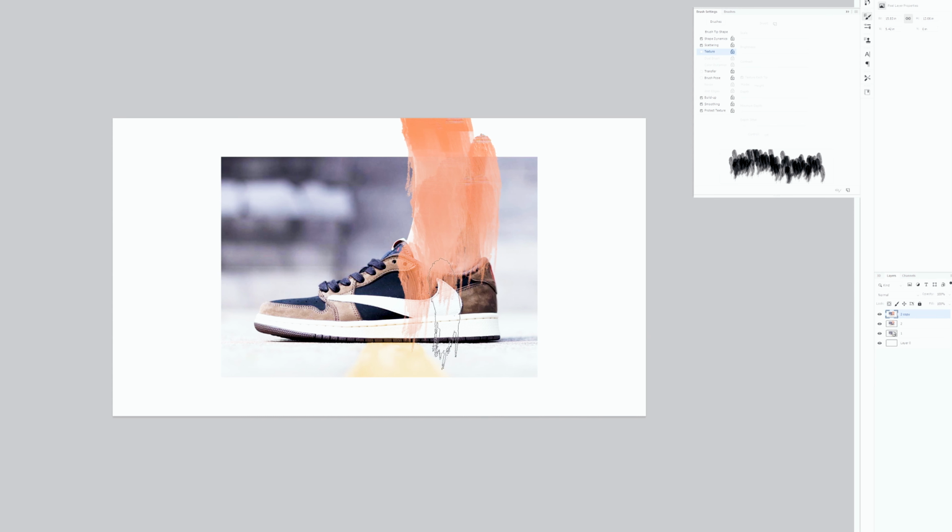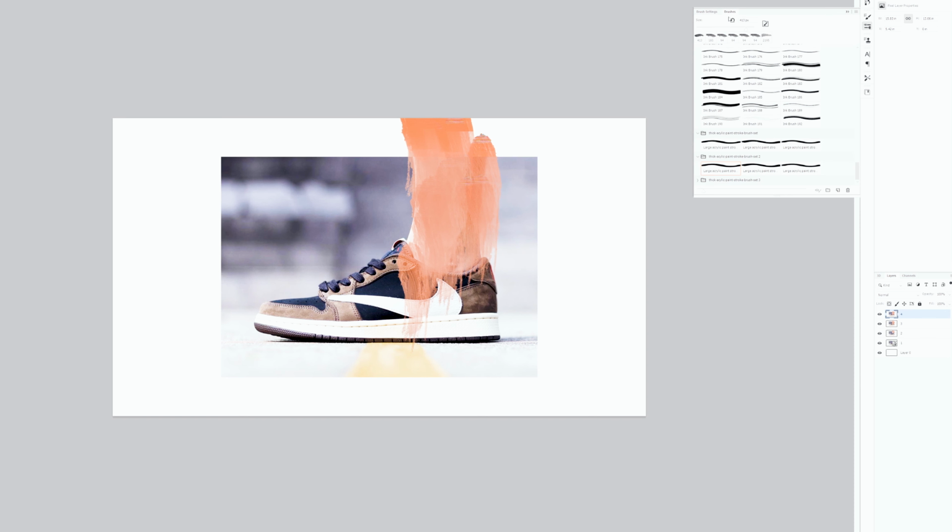Now let's add in some detail to these shoes. Let's just press Ctrl J on that top layer, so we can actually rename these as 3, 4, and now I'm just going to change my brush a tiny bit just so I can get a bit more detail in. So now let's just press Alt and select the color that we want. So we want that brown, and I just want to change my brush